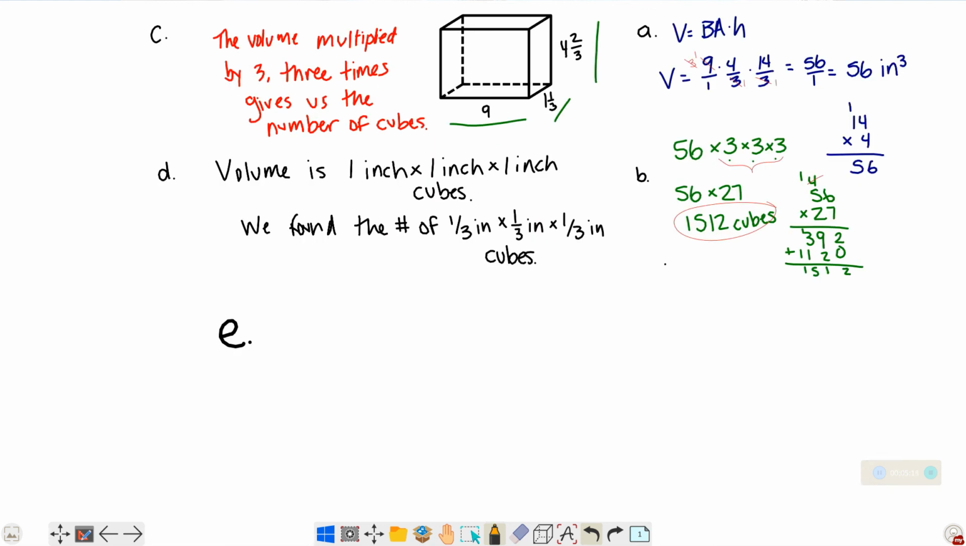Part E. Should Linda try to fill the rectangular prism with cubes that are 1/2 inch long on each side? Why or why not? Well, because our fractions have a third in it, it would make it pretty difficult to find out how many 1/2 inch cubes are in it. So I would say no,